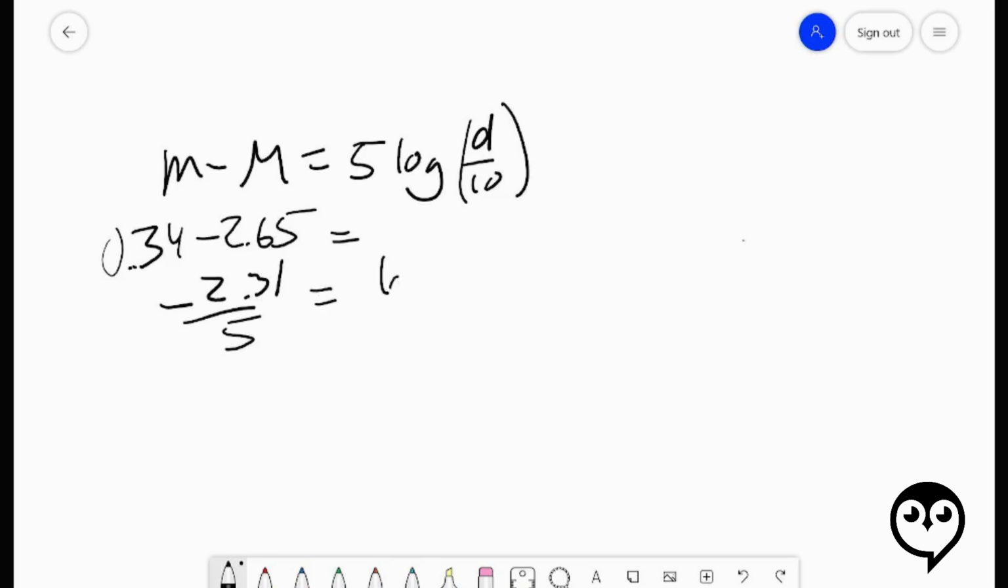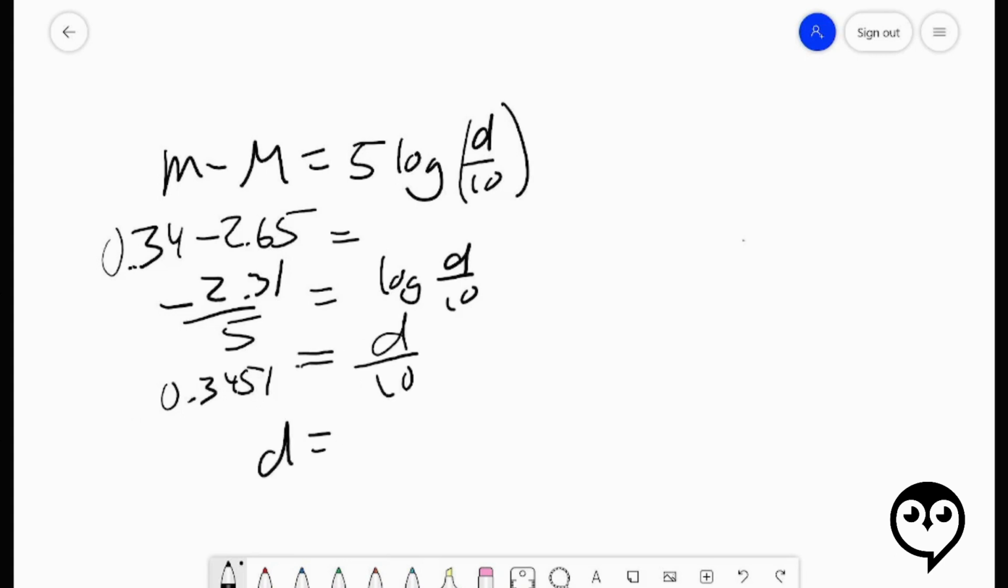If we bring this out over here, we'll have log d over 10. So we'll do 2.31 divided by 5. Make sure you get the negative out in front, because now we're going to take the inverse log of both sides. If I didn't have the negative there, I would have had a number larger than 1. Because this is negative, when I do 10 to the power of the negative, it's going to make a number less than 1. So that's very important. Now d is 10 times that, and we should get